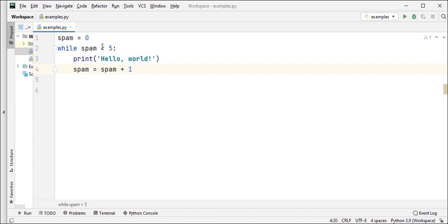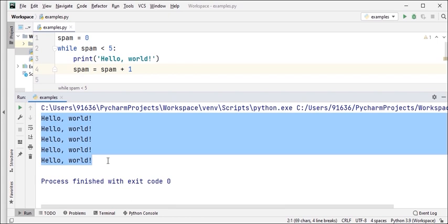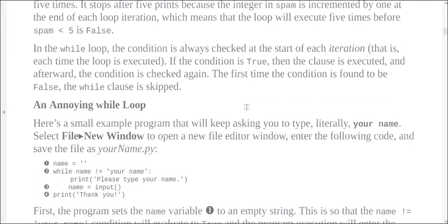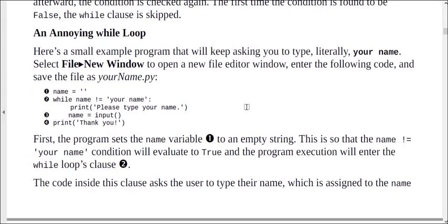So in our case the hello world string has been printed 5 times, but when I did with the if statement, it was only executing the program for one time and we get hello world as a single output. So this is the difference while using the if statement and the while loop. Now let me tell you one more thing. I will show you another way to